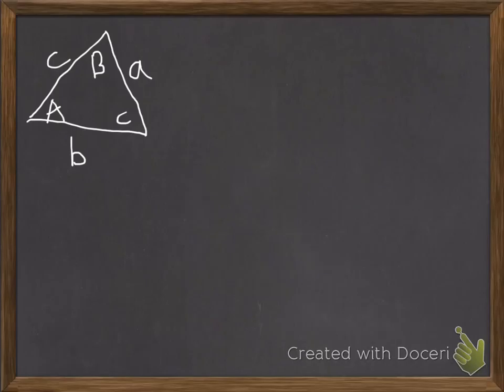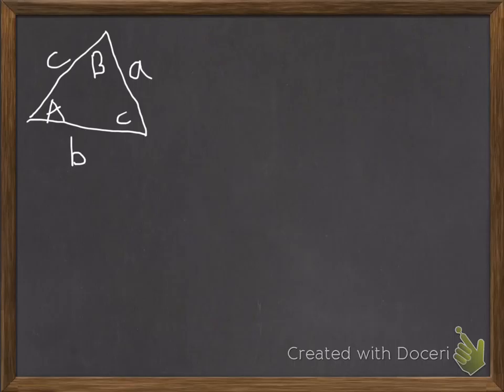The law of sines and law of cosines are used for solving triangles that are not right triangles. If you don't have a right triangle, you don't have a hypotenuse, so you can't say sine is opposite over the hypotenuse. You don't have the Pythagorean Theorem, but we do have the law of sines and cosines, and that's what we're going to derive here. We're going to start with an acute triangle,